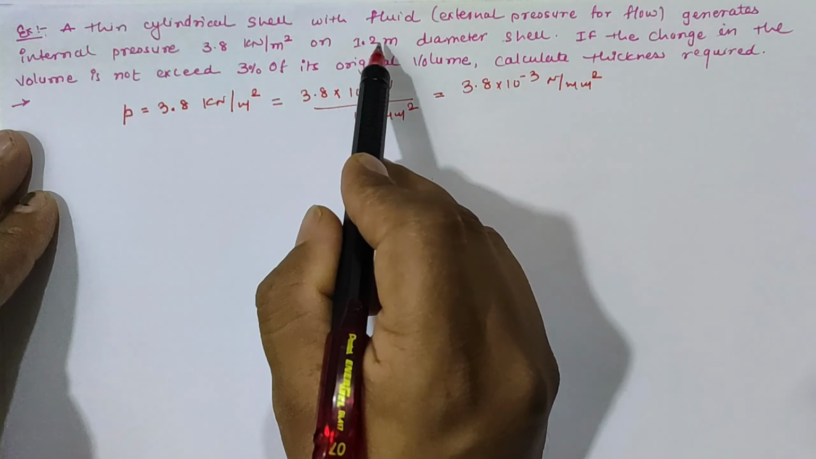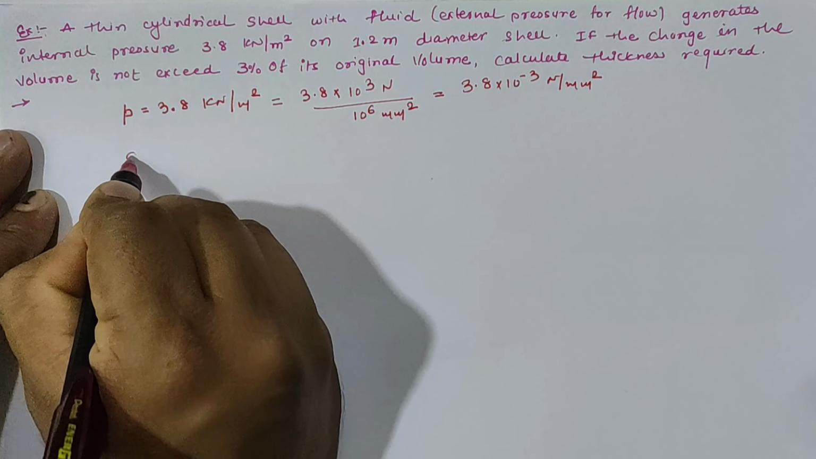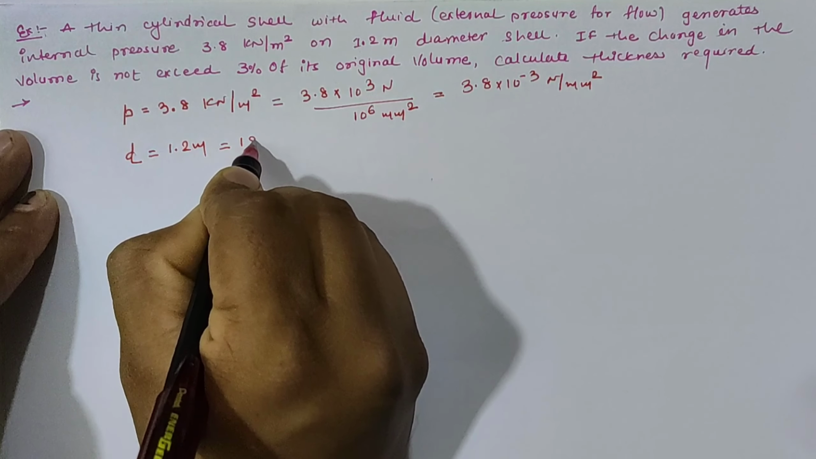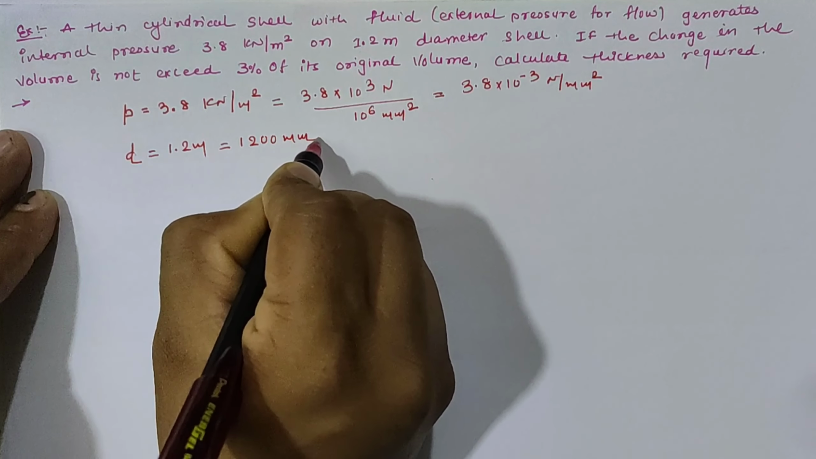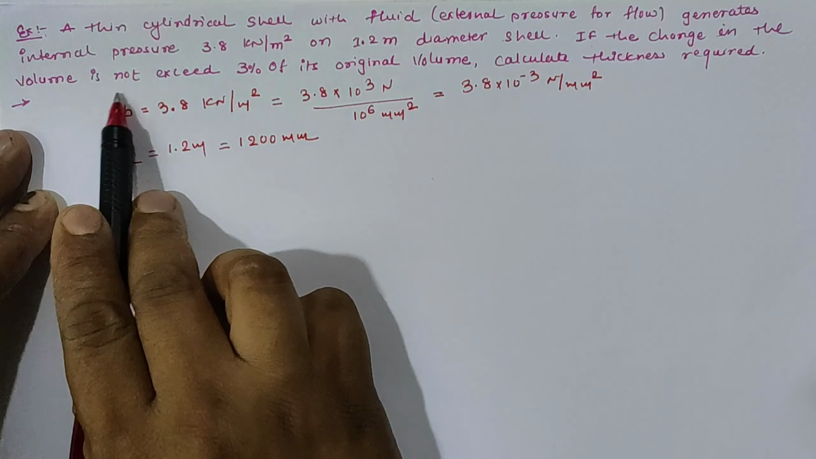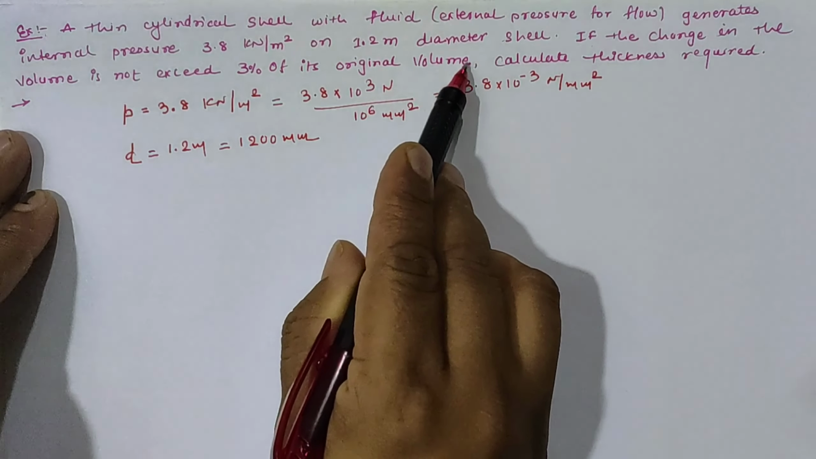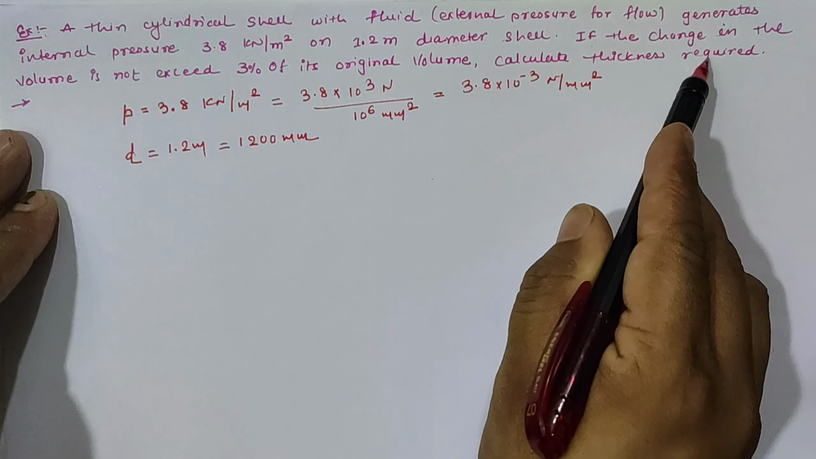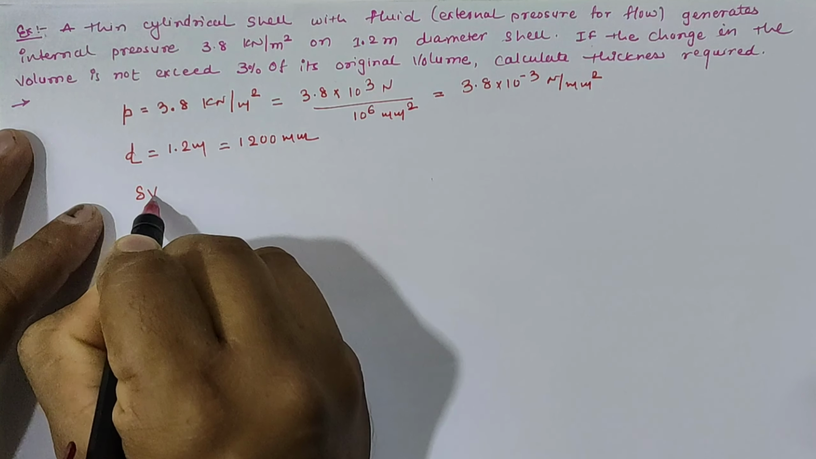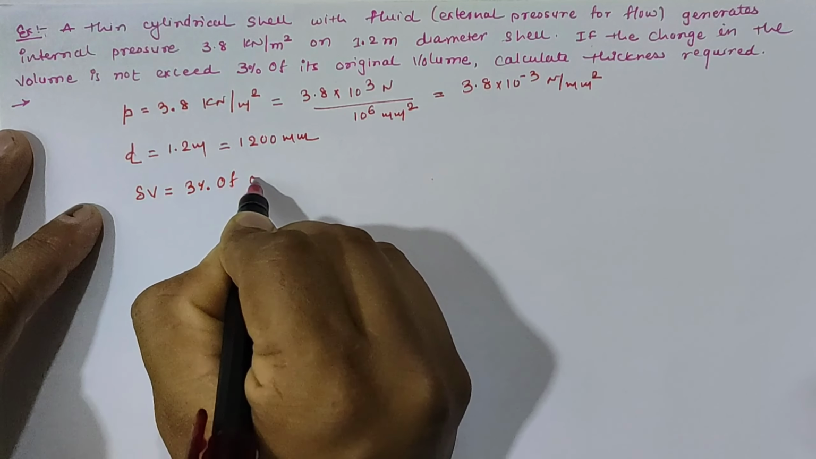Now, a 1.2 meter diameter shell. So assuming that small d is 1.2 meter, which is equal to 1200 mm. If the change in the volume does not exceed 3% of its original volume, then we have to calculate the thickness required. It means that we have been given del V as 3% of original